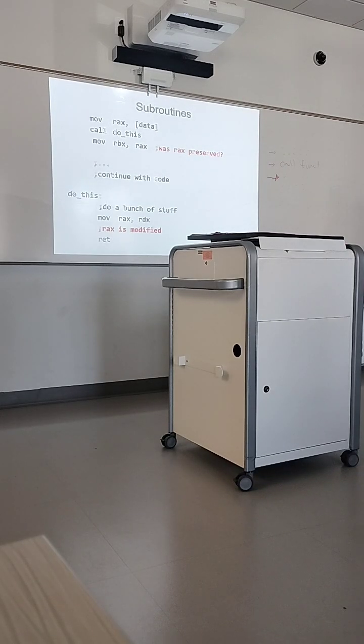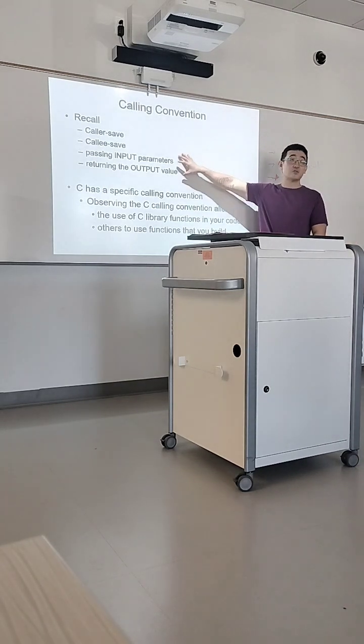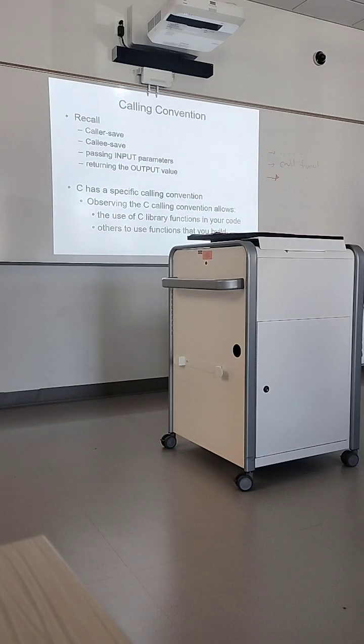Any questions about that? Okay, so these are kind of like review, right? So we talked about caller save versus callee save. And then we talked about, hey, how do we actually pass parameters into the function? And then how do we receive the return value from the function? And we use registers in LC3. We did that. You can also use memory locations, right? There's a lot of different ways of doing it, but you have to have some kind of a convention that you agree upon, right? That you follow, set of rules. The C language